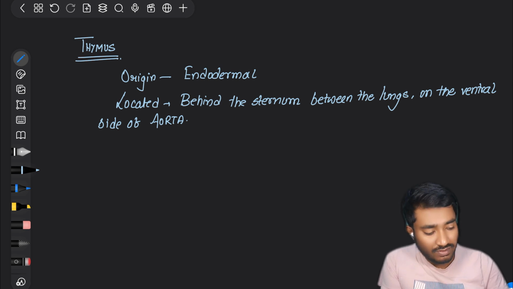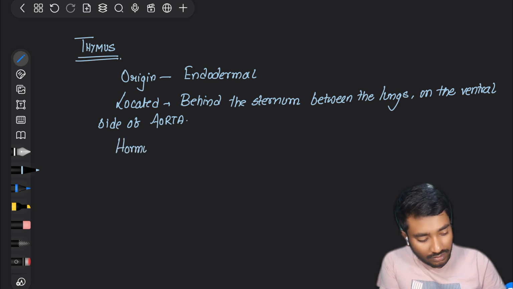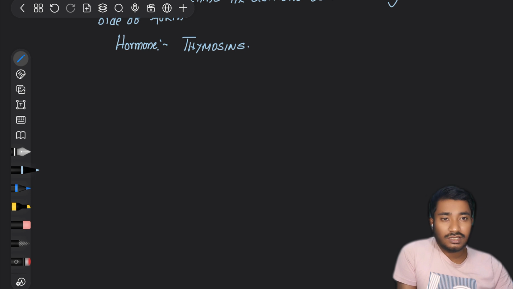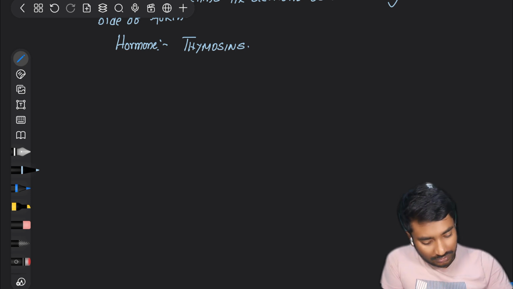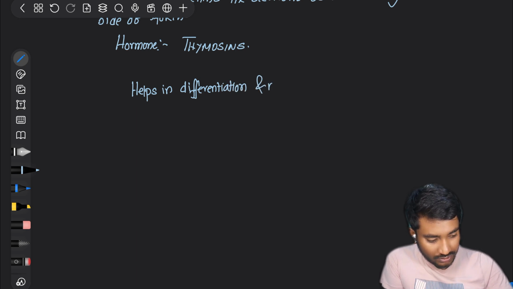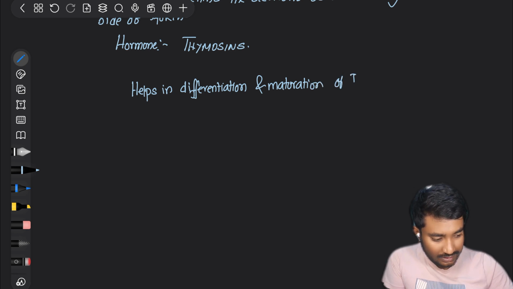The hormone that is released from the thymus gland is called thymosins. So what is the function of the thymus gland? The function of the thymus gland is to help in the differentiation and maturation of T cells,